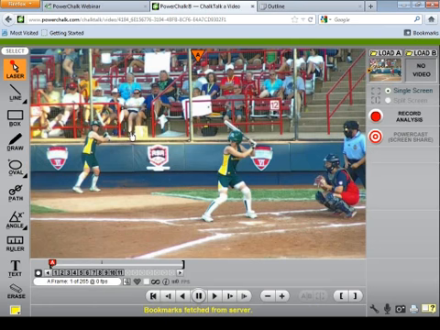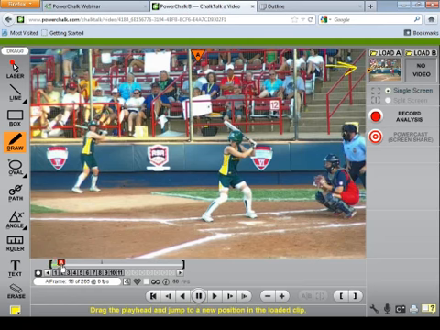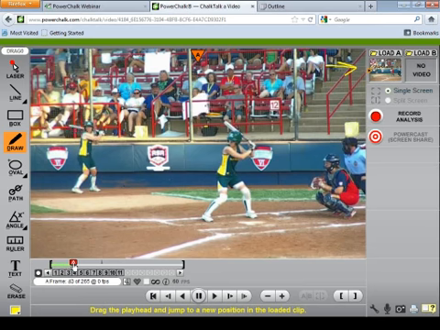So I'm going to go ahead and load a video, and if you noticed, when I loaded that video, a second slot appeared, and we'll come back to that slot in just a moment. There you can see the markup. So Katie, I'm going to go ahead and drag this swing by just pulling the A, and why don't you go ahead and take over and tell me what you see.